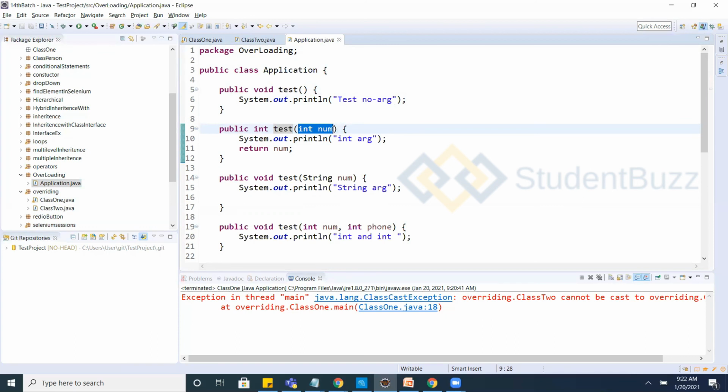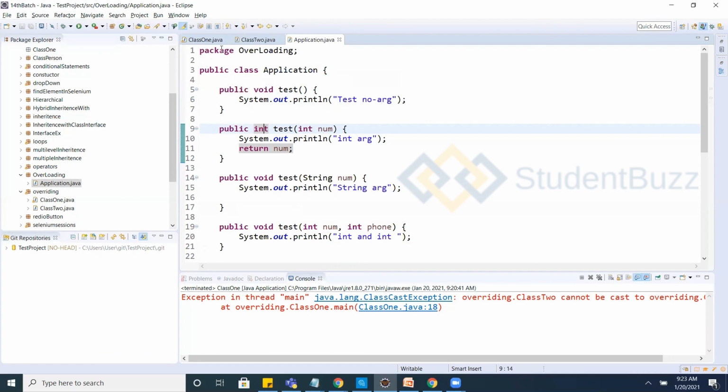Arguments are the signature; the terminologies are different, but you can call them arguments, and you can also call them the signature of the method. The signature of the method or arguments will be different. This method also has the same name, this method also has the same name, the arguments are different, and you achieved overloading. The return type of the method may be different; it is not considered in method overloading.